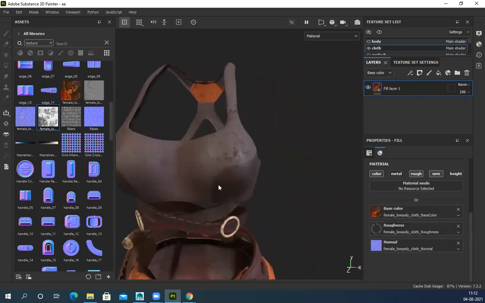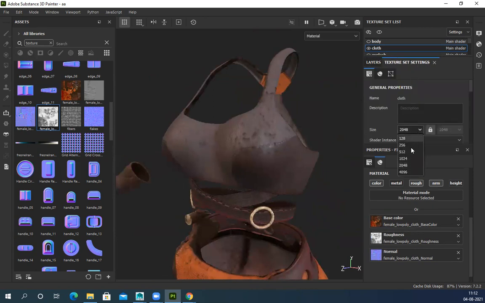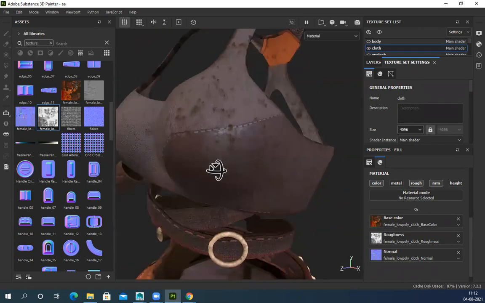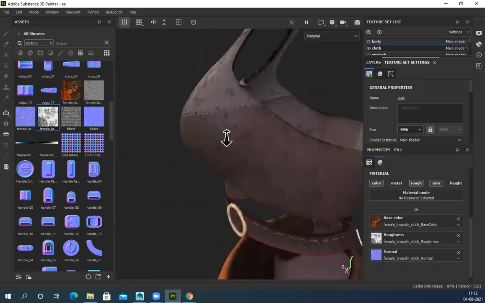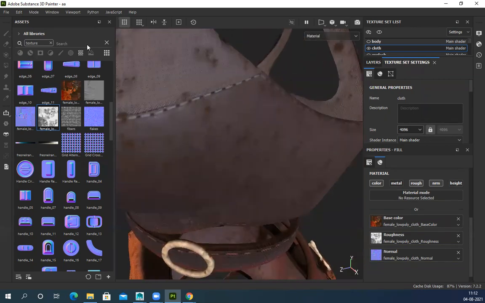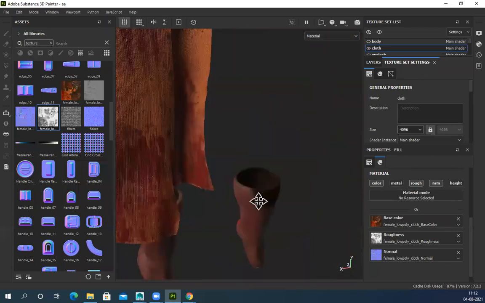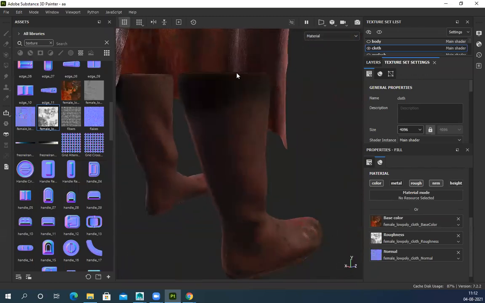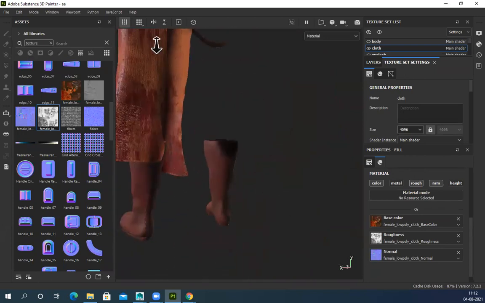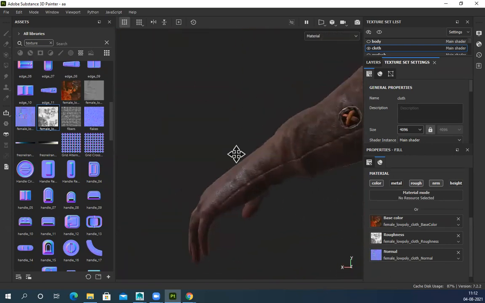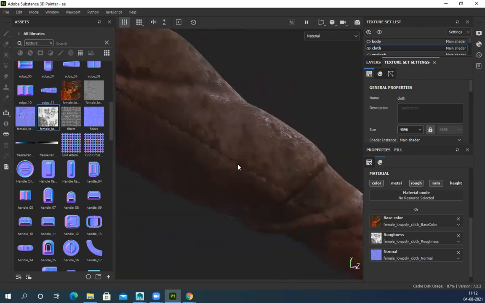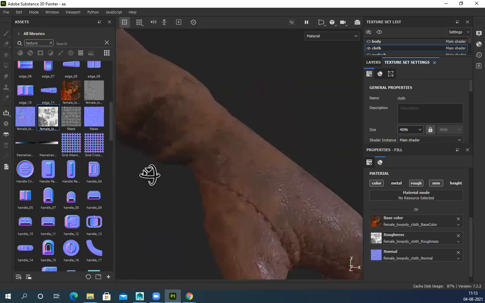So if I add this, if I zoom in, the texture size is 2K. If I make it 4K, all these stitches generate. You can see it's all generated within Substance, and it's very clean and crisp. Yes, sir, it really shows. If I show you, you can see all these stitches in Substance only. If I show you the gloves also, you can see all the stitches are created in Substance only.